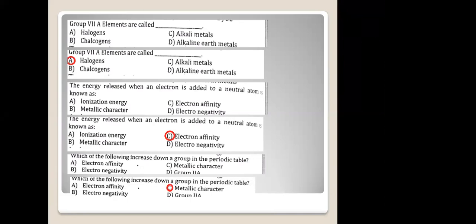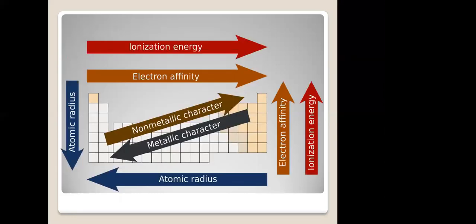So I'm going to show you a diagram. You can take a screenshot of it. Very important for your exams and very easy to understand. Let me explain this diagram for you. Okay, can you all see the diagram? It says from the periodic table. Can you see it now? Okay, thanks.